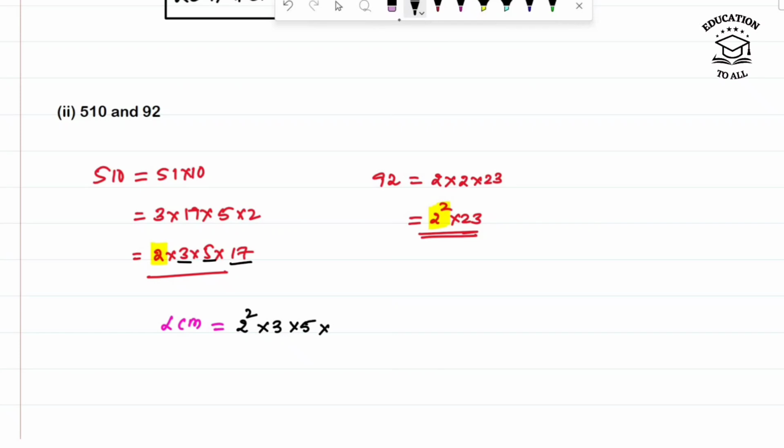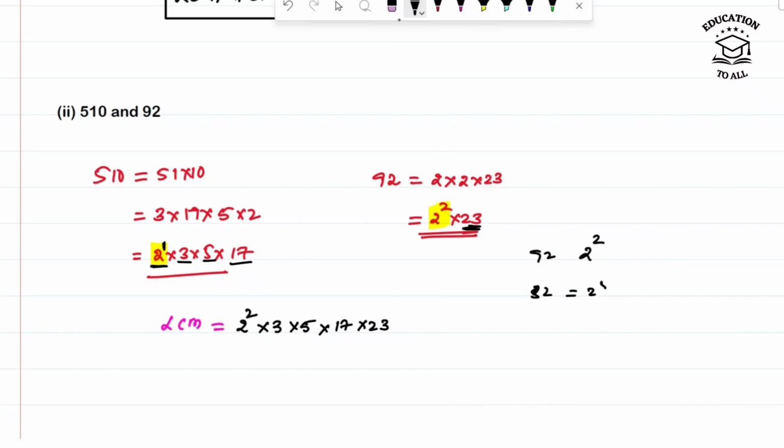17, no 17, so that should also be multiplied, and 23 is pending, so 23 we also have to consider. It's very simple to understand. For the common elements, the common numbers, the exponent which is greater is the one we have to consider. For example, we have 2 square in 92, for example I'm taking, and